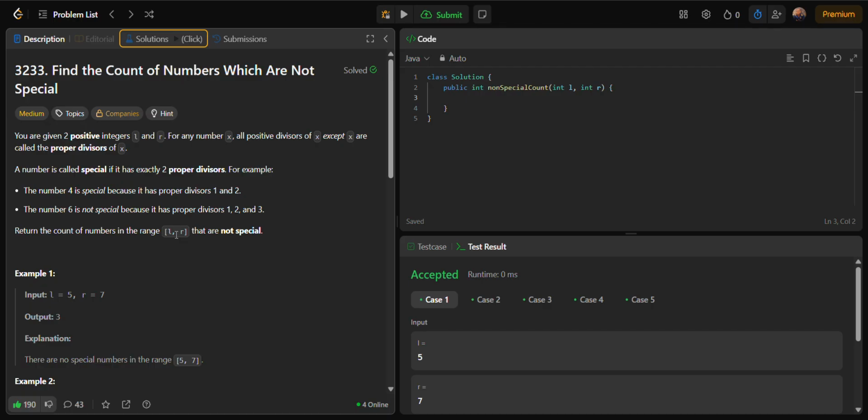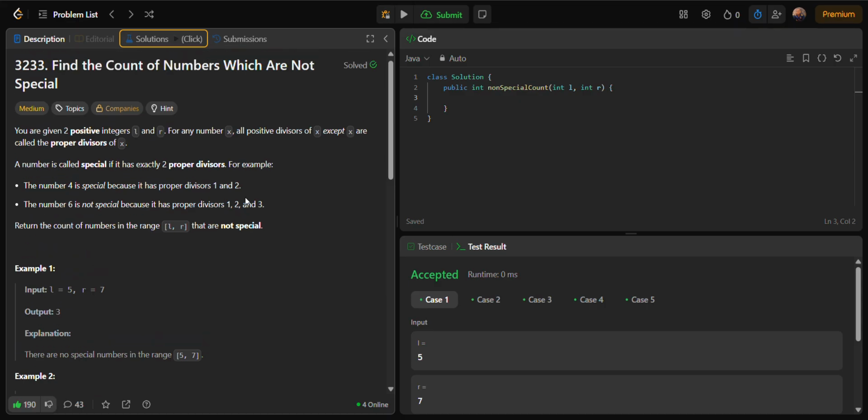The idea is to calculate the number of special elements, and then from the total numbers, those which are not special would be my answer. The problem with that approach is that it would give TLE, time limit exceeded,